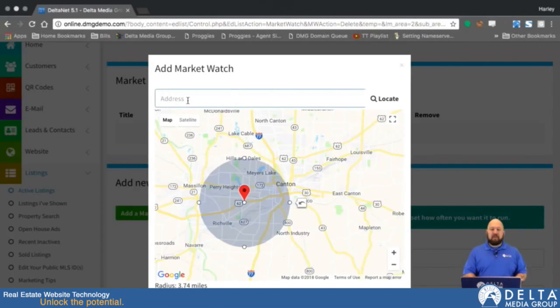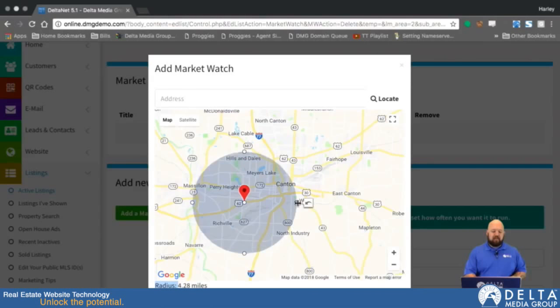You can type their home address at the top and hit locate, and then center the circle right on that. So it's 5 miles around a specific address. And then just drag out this circle to 5 miles. You can see it's 3.74 at this point, so it does actually tell you the mileage. So if I drag it out a little, 4.28,